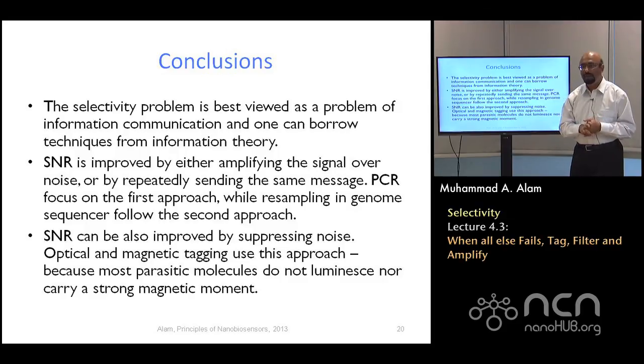So let me stop here in terms of selectivity issues. In the next two lectures, we are going to bring together everything that we have learned until this point, until, let's say, lecture 27, all these 27 lectures, and show how all these pieces essentially enable a modern genome sequencing system and how powerful it is.